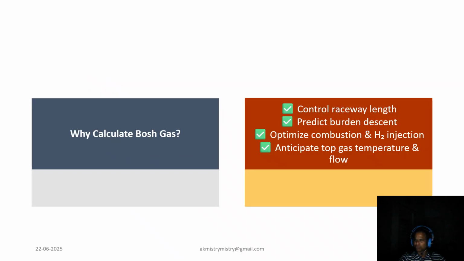Now coming to why calculate Bosch gas? Why does calculating Bosch gas matter? Because it directly affects our furnace performance. The more accurately we estimate the Bosch gas volume, the better we can control raceway length. Number one. Number two is the adjustment of the burden permeability, which is supposed to be the most important part, because